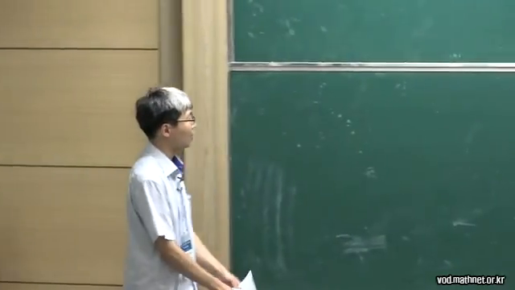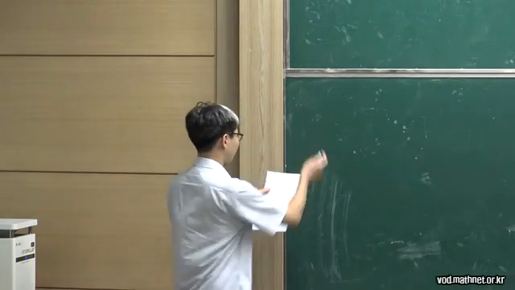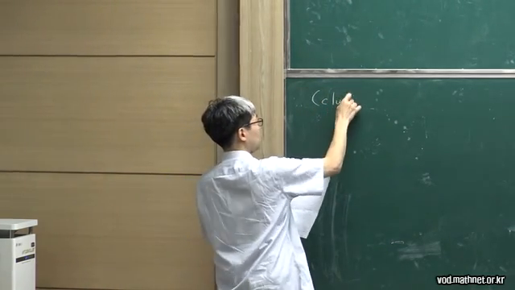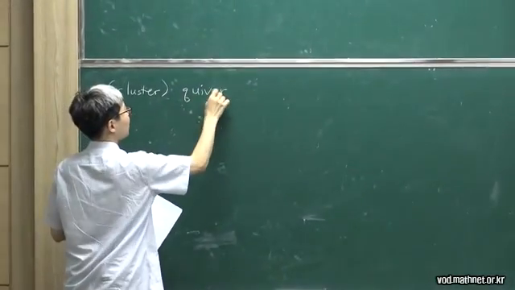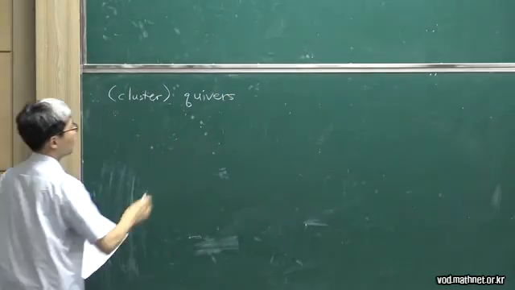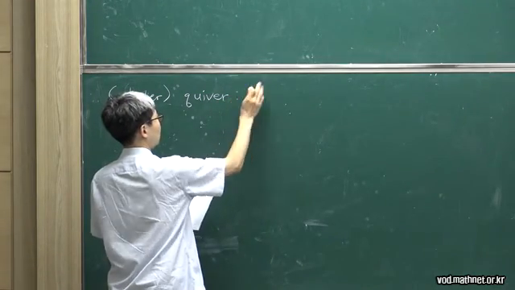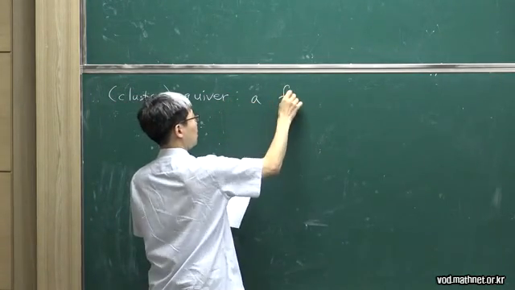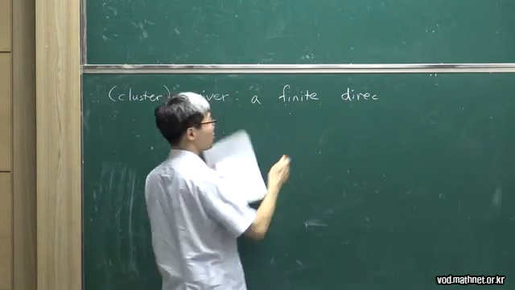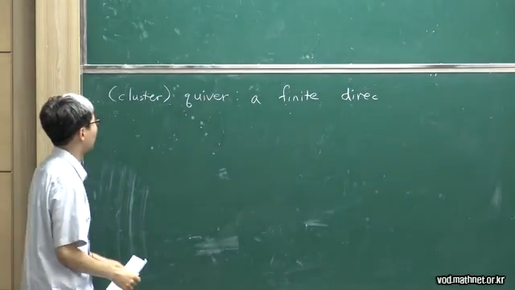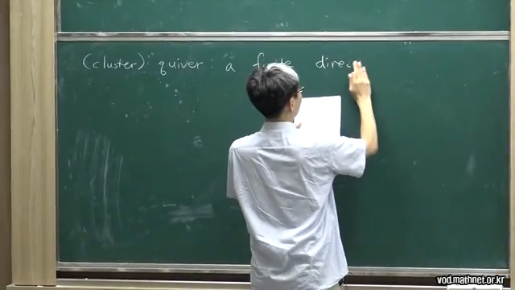So I want to introduce a certain particular sequence of operations on digraphs. First of all, let me define some particular graphs first. So a quiver is usually just a directed graph. It could be infinite or finite. But if I say cluster quiver, then I mean a directed graph